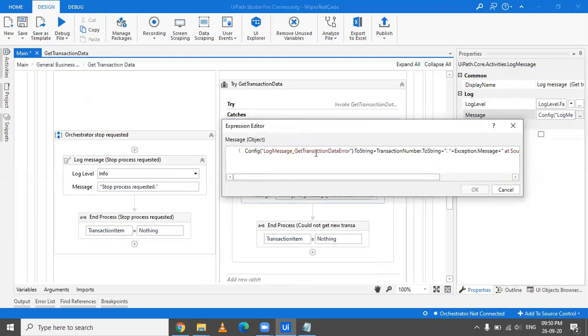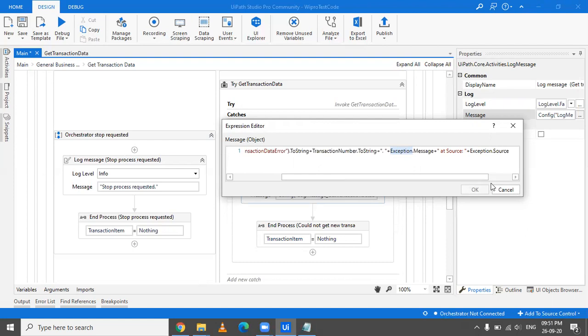This log message would come from the config, because you see it has mentioned config, then the key and dot toString, which means it would get the data from the config. It mentions the transaction number so that we are aware at which particular transaction number it failed. It mentions the exception message, and it also mentions the source, that is exception.source.